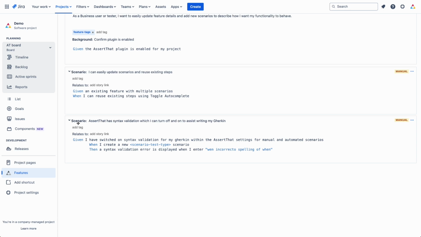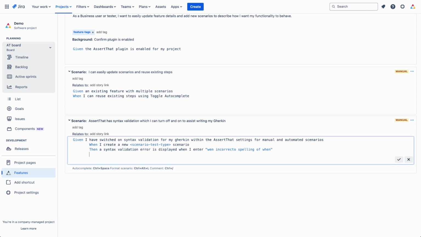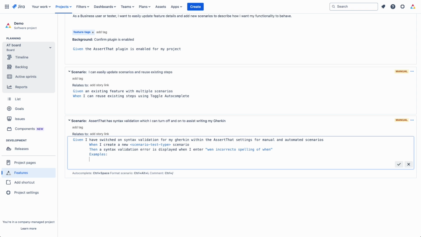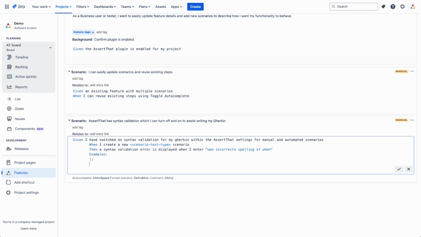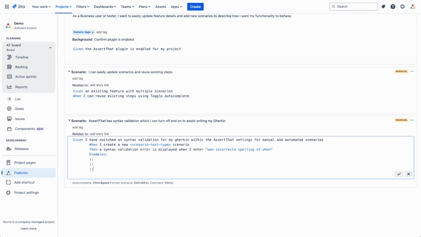It still recognises it as a standard scenario. So what we're going to do now is go and edit that. And obviously I could have done this on the previous screen, but it's a bit easier to show here. So start typing examples, and then start adding my details in here. So this is going to be the parameter.